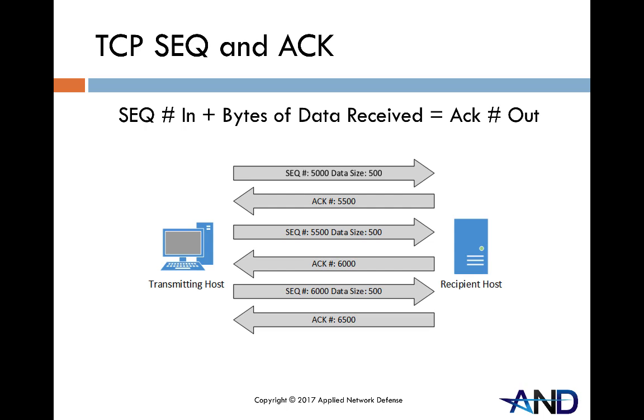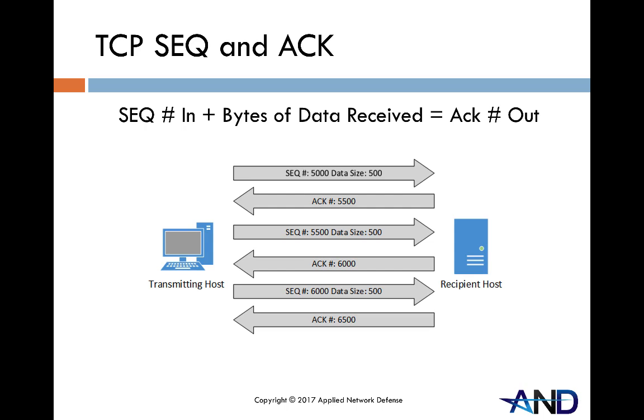I'm going to go through some troubleshooting exercises later on in the later section where we talk about latency, to show examples of what happens when segments are dropped. We'll talk about things like duplicate acks and fast retransmissions and things like that, and that'll be pretty neat. But for now, just understand this is the basics of how sequence and acknowledgement numbers work within the scope of